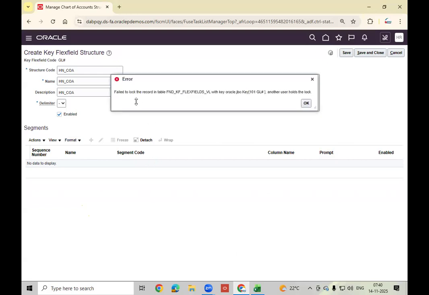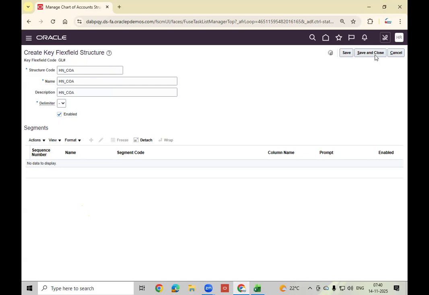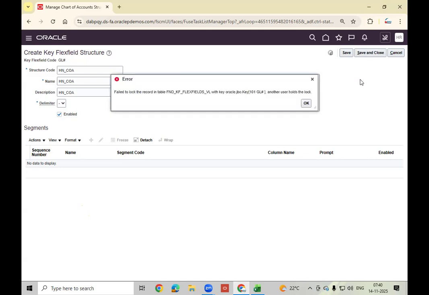Now add the, what happened? Failed lock record table. Another user holds the lock. This many days this instance is not refreshed.